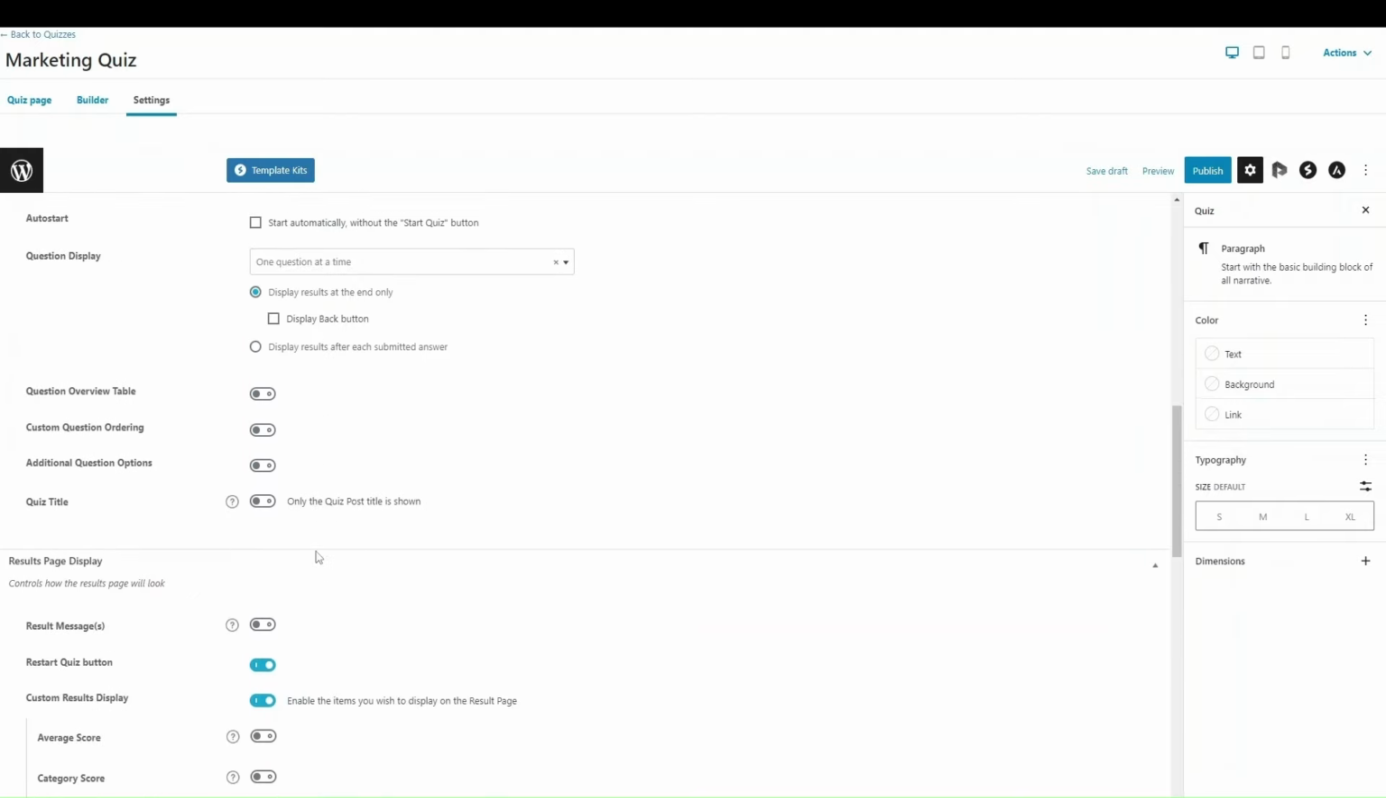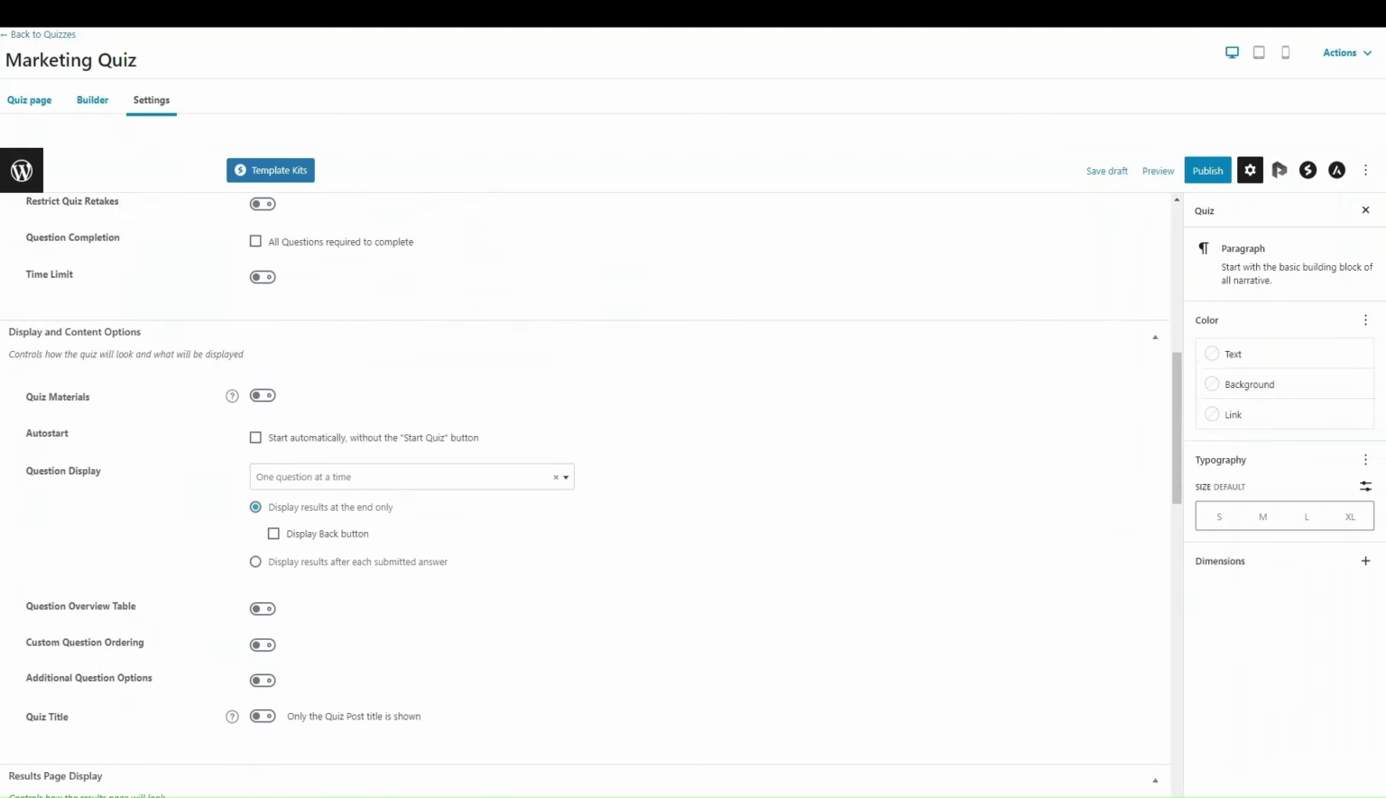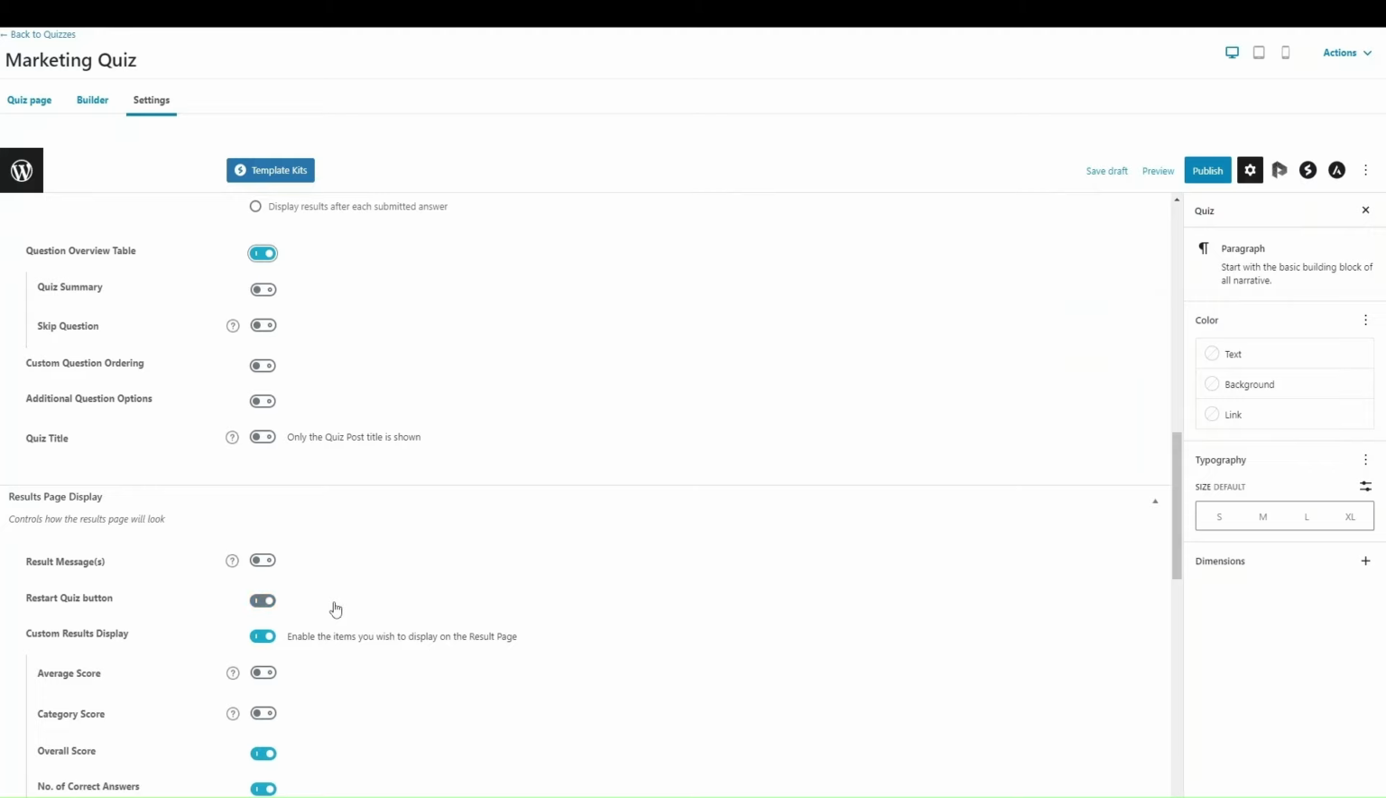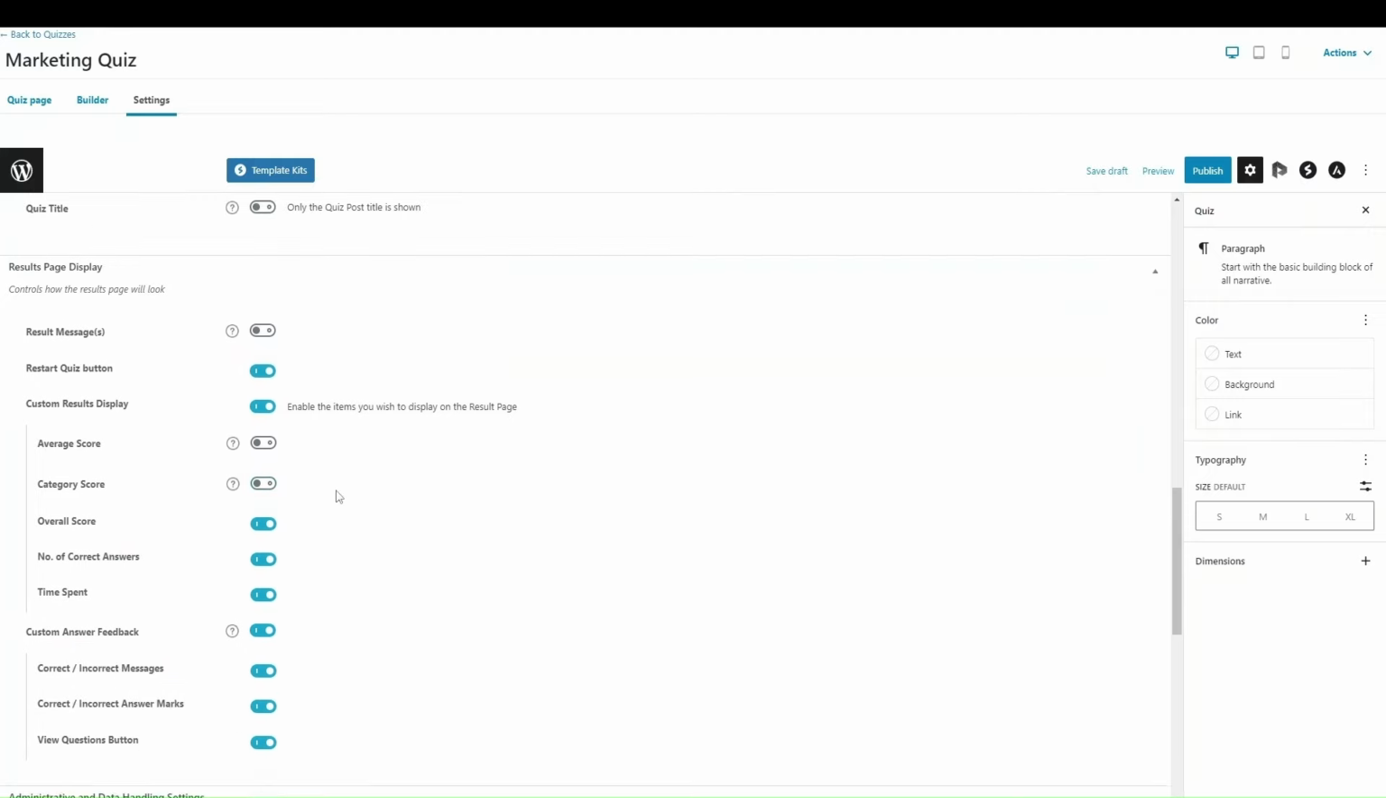You can give it auto start and a quiz materials section, so it displays similar to how the other quiz materials sections are set up. You can have a question overview table, so you can give them an overview while they're doing the quiz to see how many quiz questions they have left. And things like that. So you can give results page displays as well. So for example,